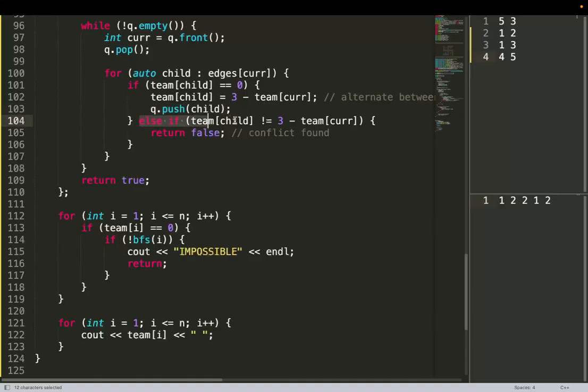But if the team of the child is not equal to 0, this means the team of the child has already been assigned. So I just keep a check that it should have been assigned a different number. If it is assigned the same number, then I simply return false.